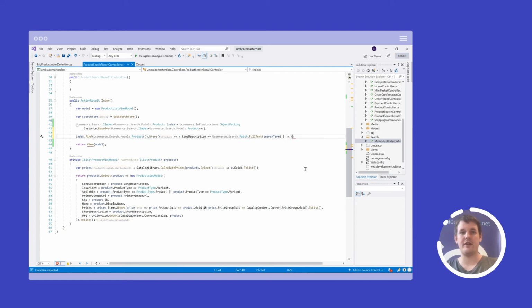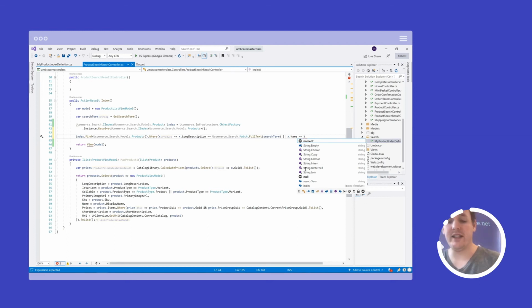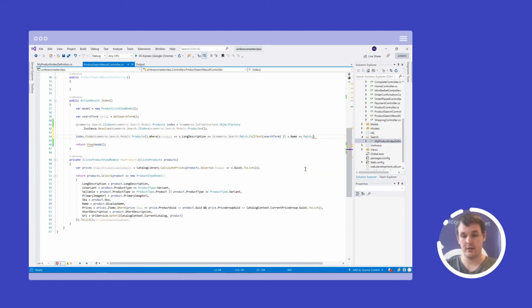So I want to match on name as well. In this case, I could choose to do a literal directly. So if I search for iPhone, it has to match that. But if I don't know how to search for iPhone, maybe I just type phone. So I want to either do a fuzzy search or a wildcard search. So the star search, where it matches in either of what comes before or after. I can do that. So in this case, I'll do a match.fuzzy,